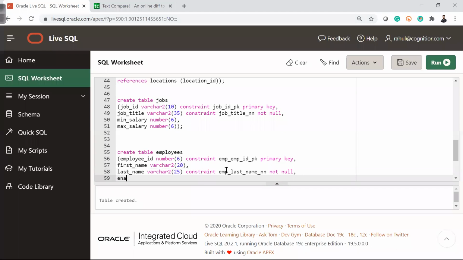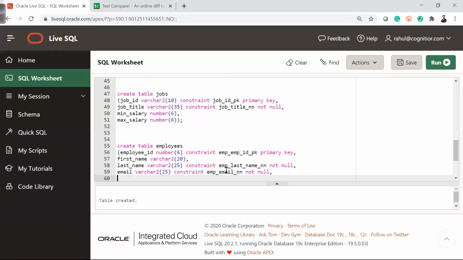Then we will have the email, which is varchar2 and giving this as 25. And here I'm adding one more constraint, which is not null because it cannot be null. So I'm adding constraint emp email underscore nn not null, comma, I'm adding one more constraint.